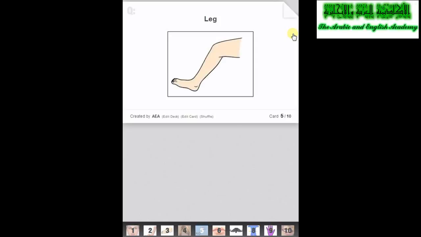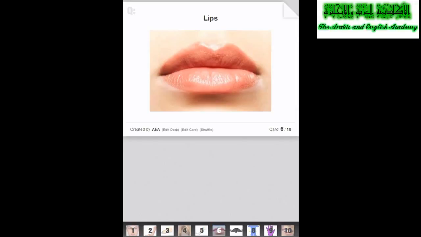rijl, leg. Sixth word we have is lips, and lips in Arabic is shafayif,